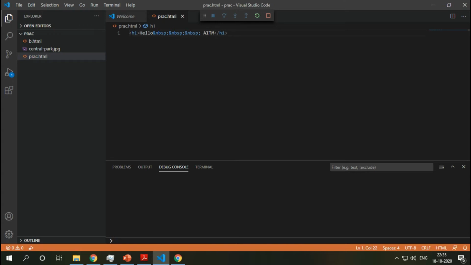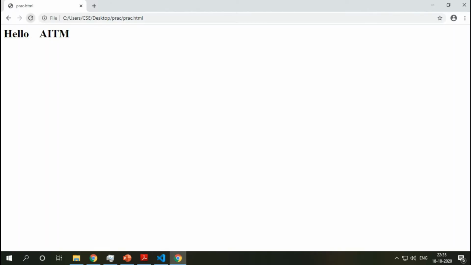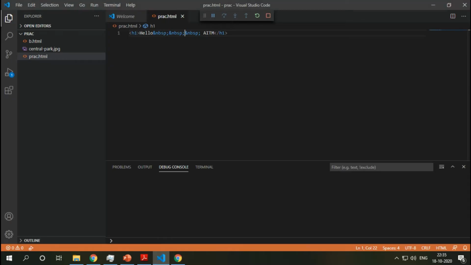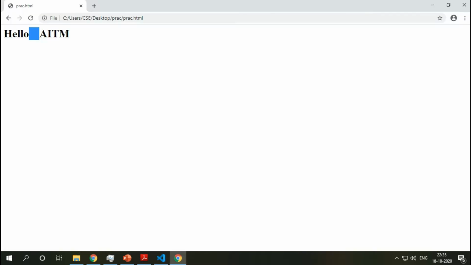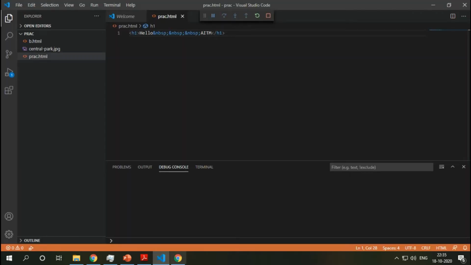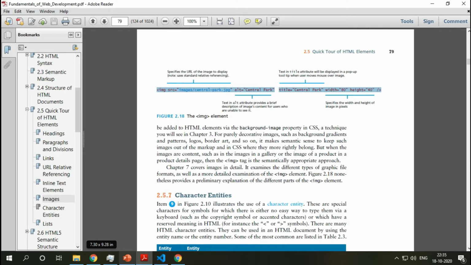Let me show you what will happen. See, it will give you one, two and three spaces. So it will give you non-breakable spaces if you want spaces. Otherwise, the browser will just ignore these multiple spaces.